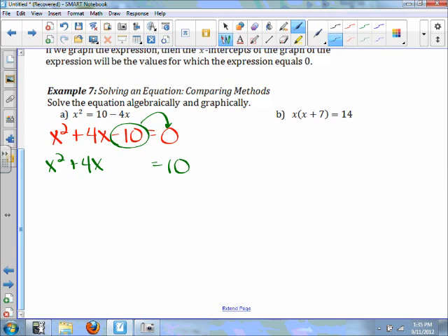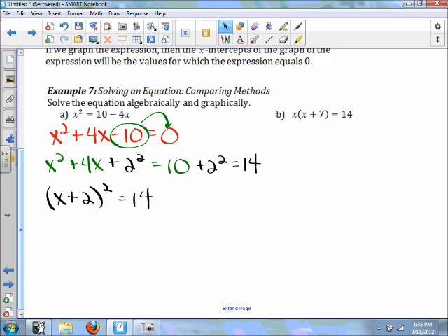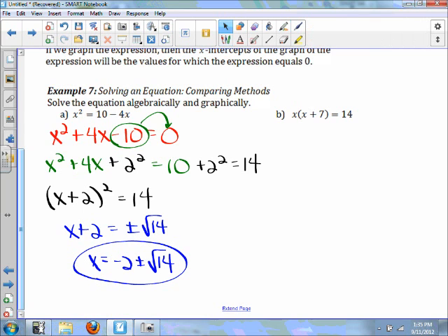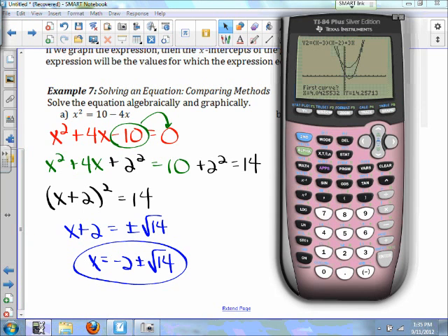Half of 4 is 2. Add that to both sides, the 2 squared, which means we'll have x plus 2 quantity squared equals 14. Solving this for x, we'll take the square root first, and then we'll subtract 2. So there's your zeros. Now if I were to graph this,